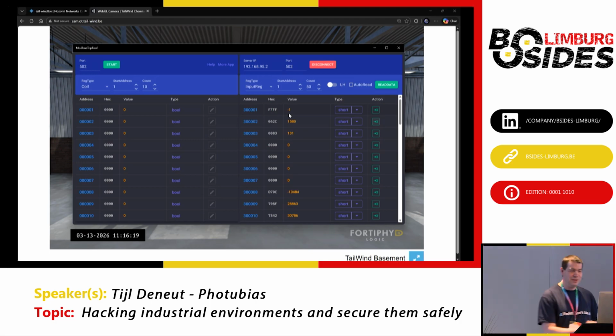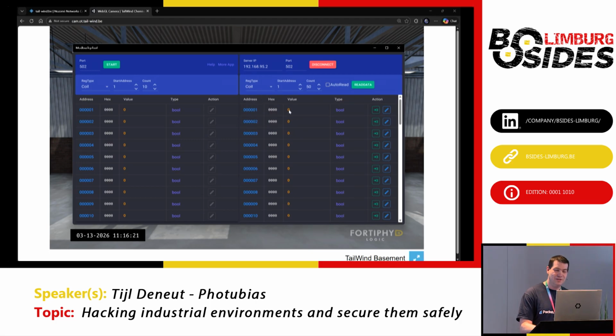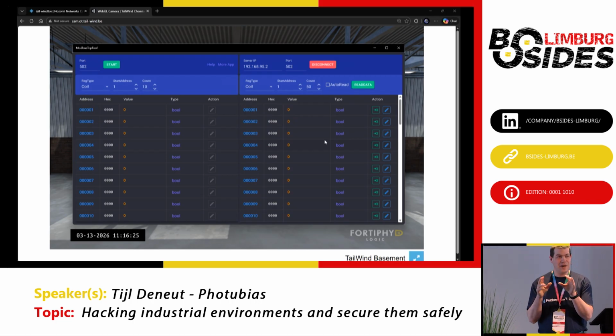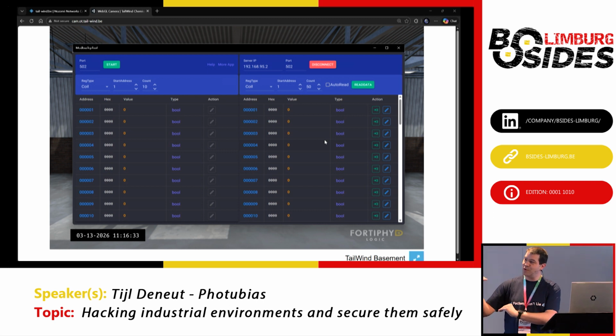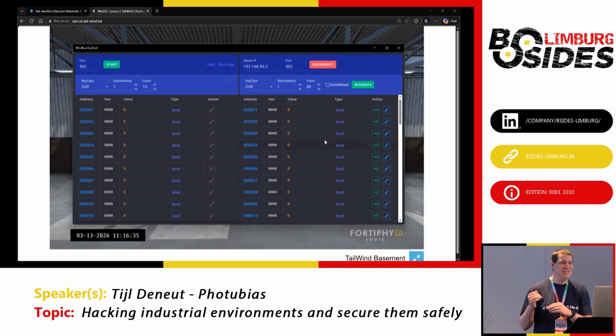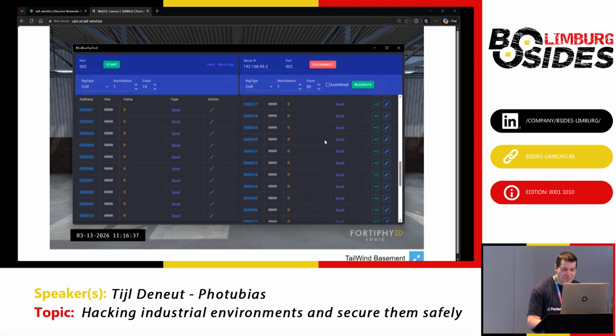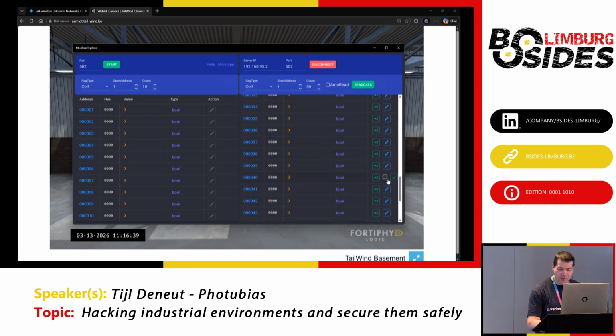We can do something with this. Instead of the input registers, we work with coils. Coils are like variables inside the program, and we can read those variables. That's what I did now, but we can also change those variables. Since I have looked at the source program, because I saw the engineering workstation, I know that if I set, for example, number 40 to 1,